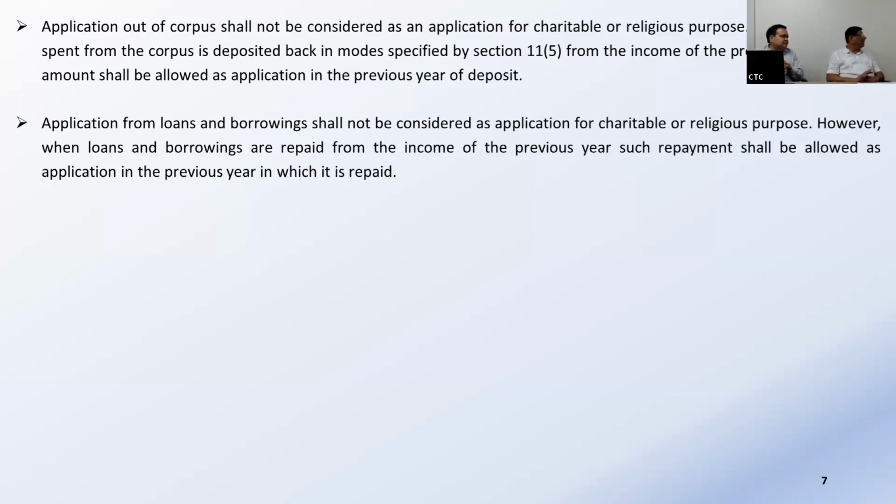Scheduled bank, but you have to specifically reflect it in the balance sheet. Correct. Now, if it is there in your combined bank balance, then you have to reflect this. And in the return also, now they are asking specifically. See, this is for 11.2. This is for 11.1. They are asking specifically.